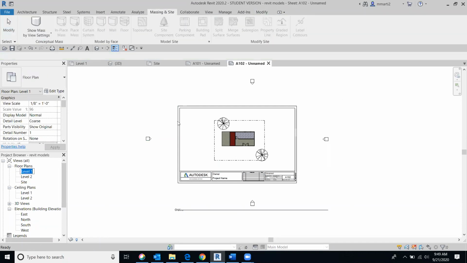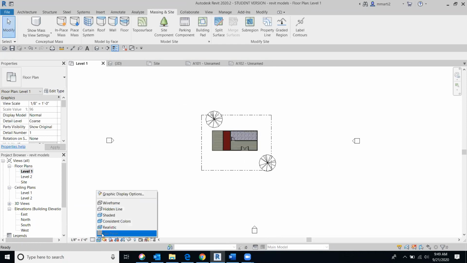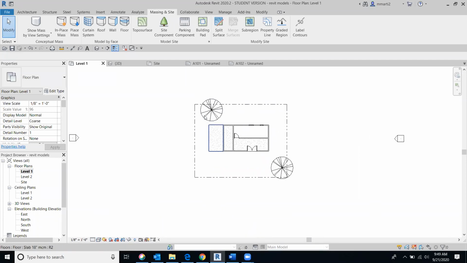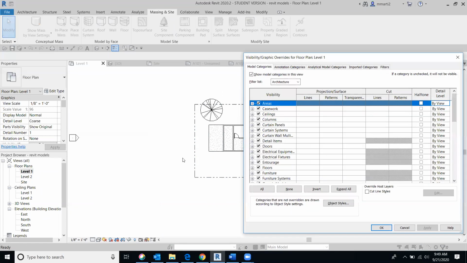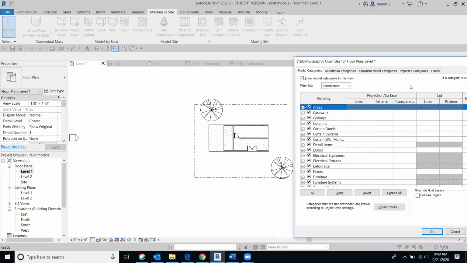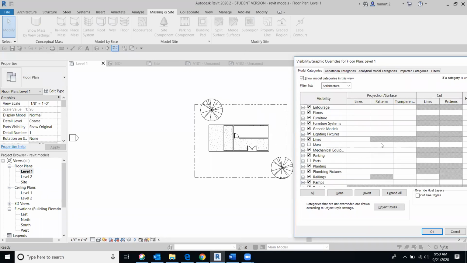And in this sheet, notice I have a couple things that are showing up that I don't want on my floor plan sheet. So this is our floor plan, so we always want to have that set to hidden lines. And I'm going to turn off this planting. So to go to visibility graphics, I'm going to go to VV. I'm going to turn off the categories that I don't want, which would include plantings,